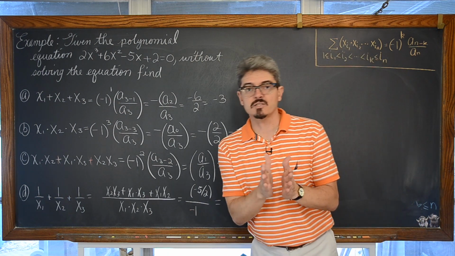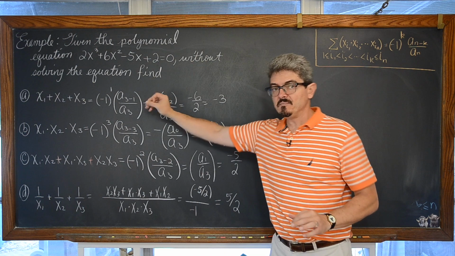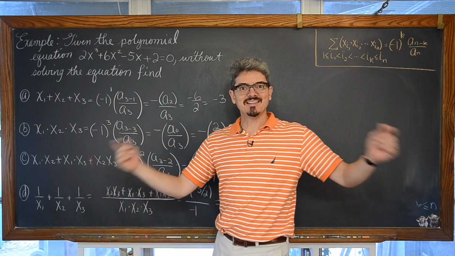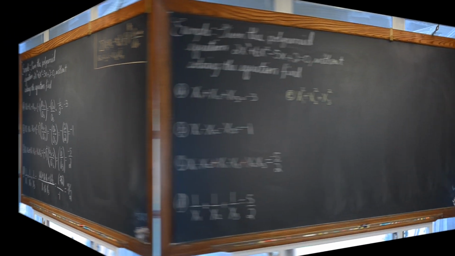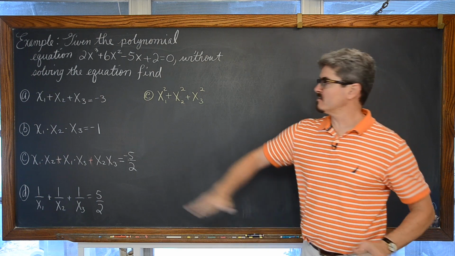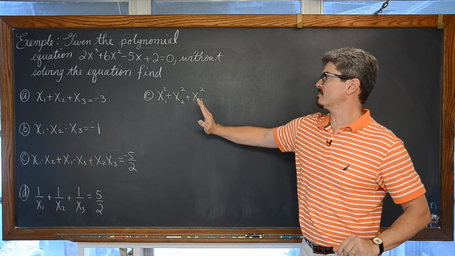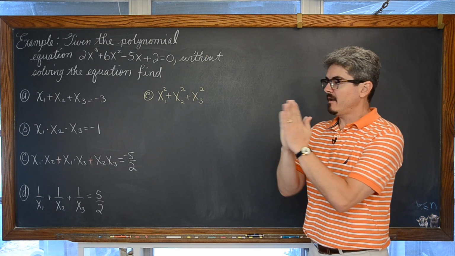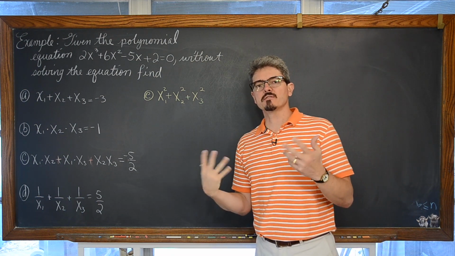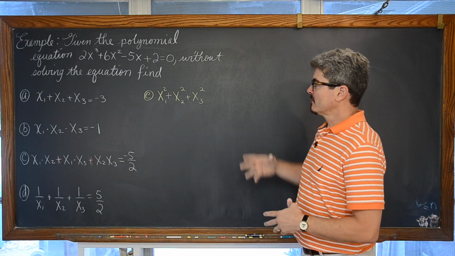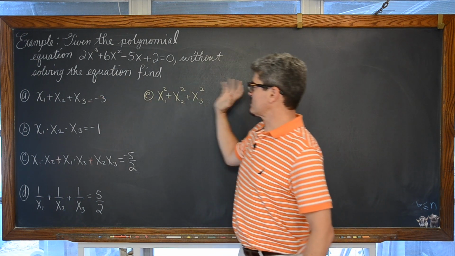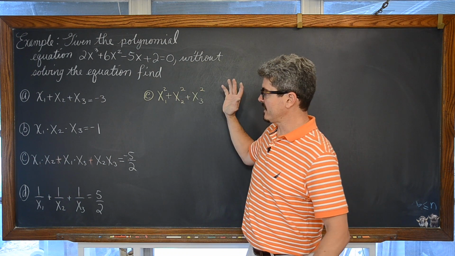Now let's look at our last part, part E of this example, before moving on to our final two examples. For the last part, we want to find x sub 1 squared plus x sub 2 squared plus x sub 3 squared. And like we talked about in our previous lesson on the relationship of sum and product of roots for a quadratic, I erased the general form so I'd have enough room to write, because I don't want to just spit out the answer. I want you to see all the algebra coming into this.